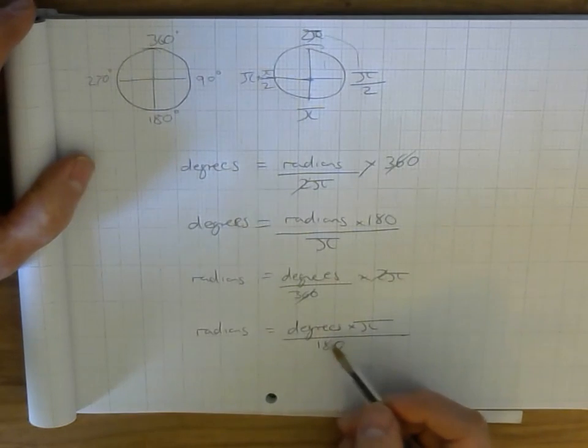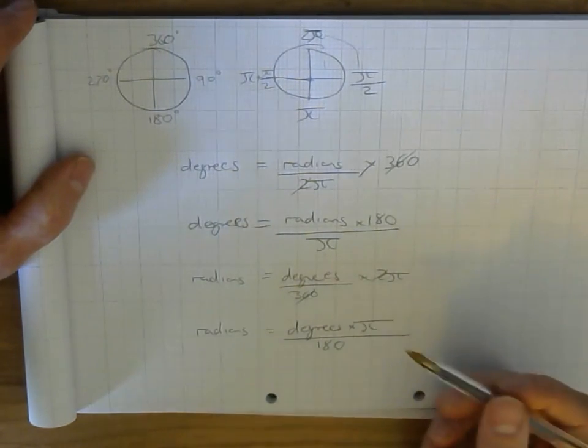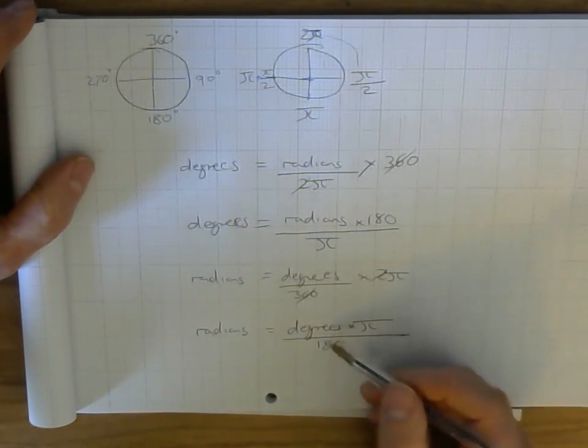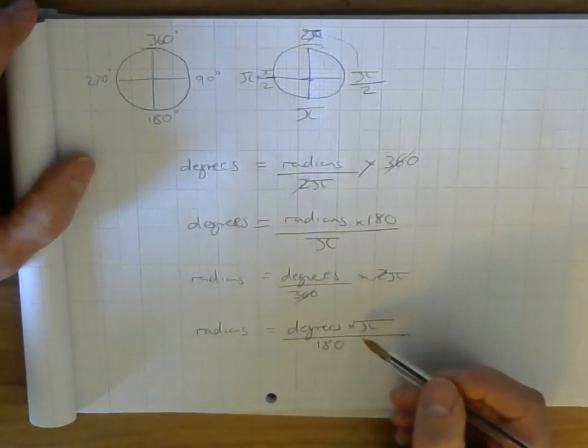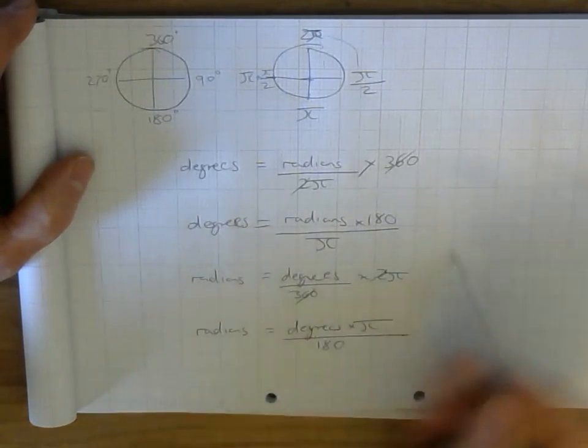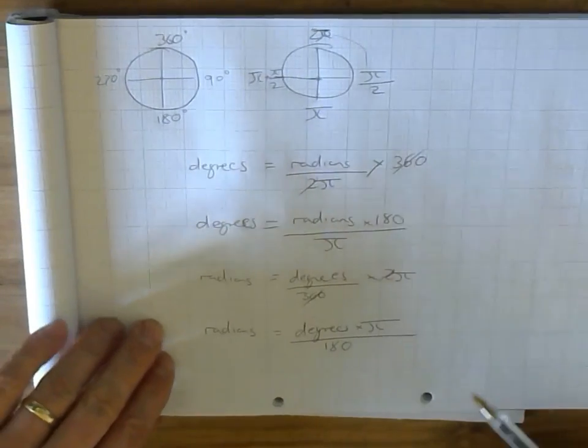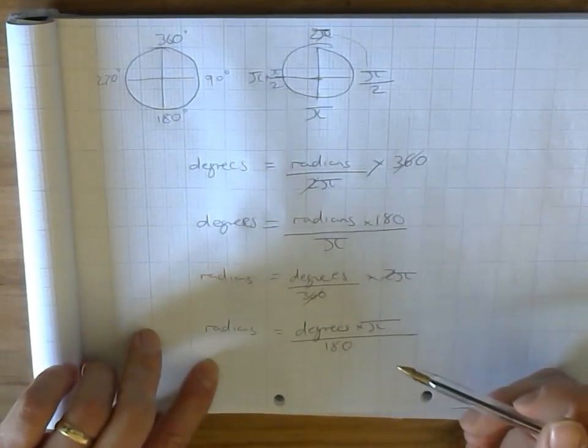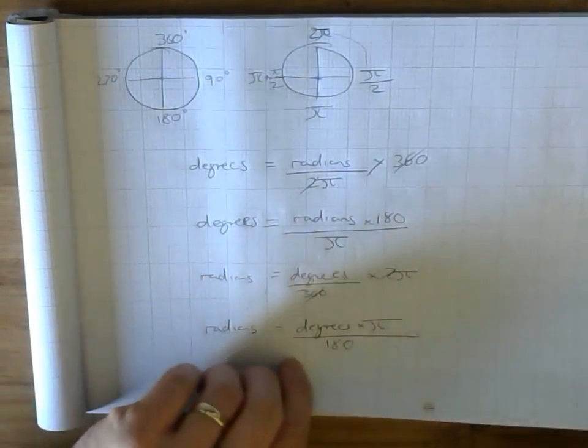In things like Unity, they will have a math degree to radian and radian to degree, which is just a multiplier you use to convert between the two, as we'll see later. But this is how you do it if you ever need to. Some of you may have noticed